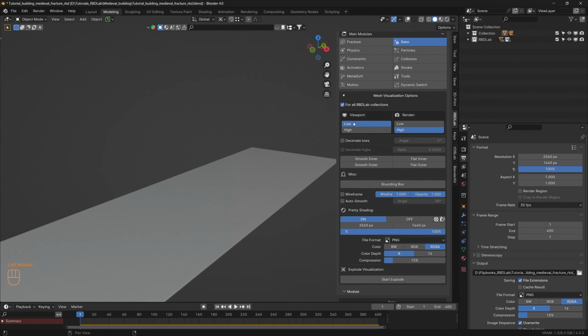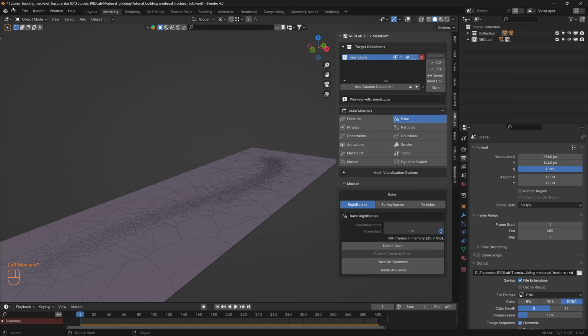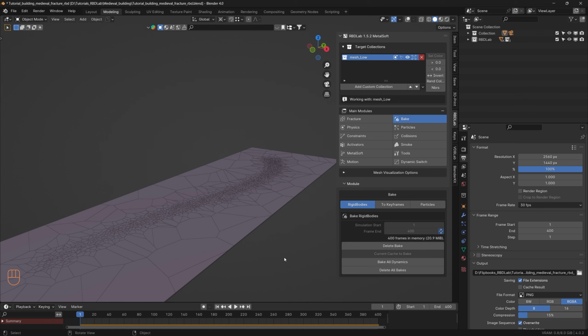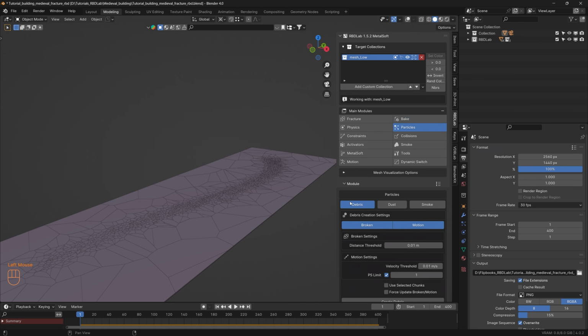Let's get the viewport back to low, pretty shading off. And let's save the file. Let's continue the workflow and add debris, dust, and smoke in the particles module. So the first tab here is the debris, and we have two options, broken and motion. So both of these are clicked,